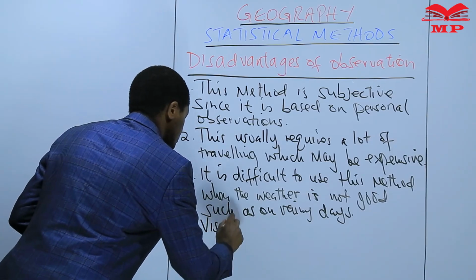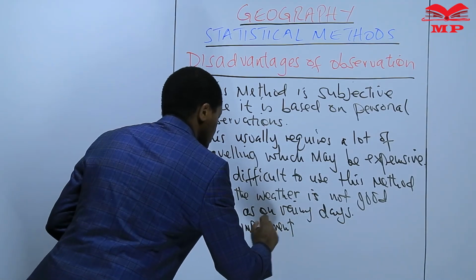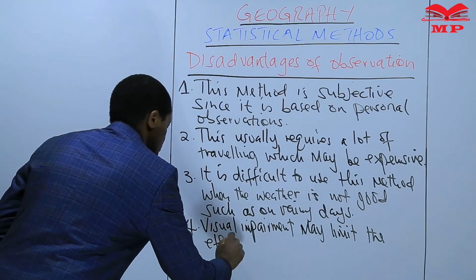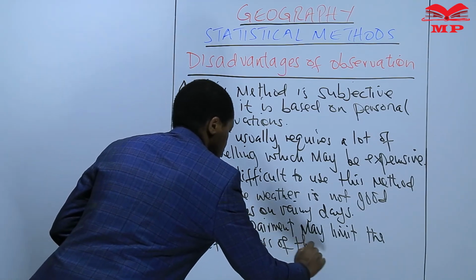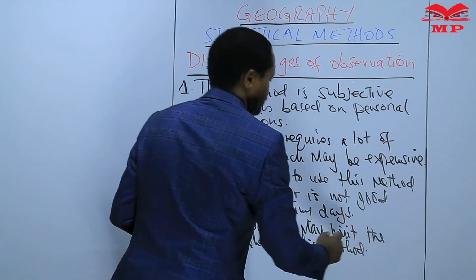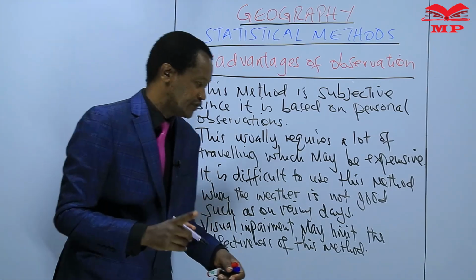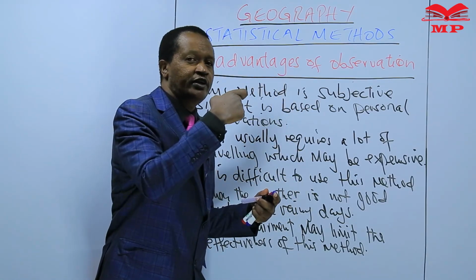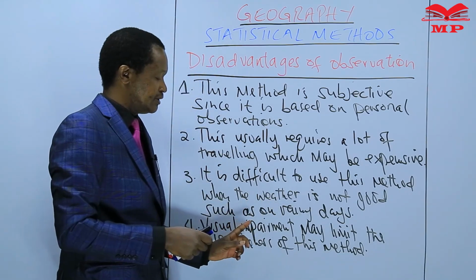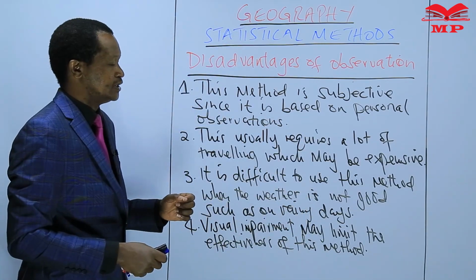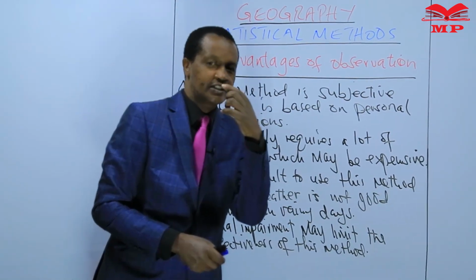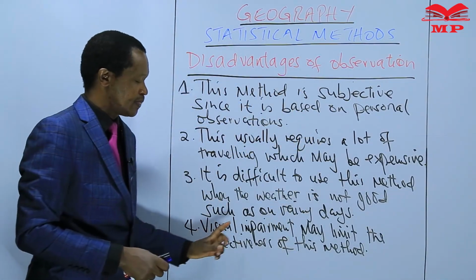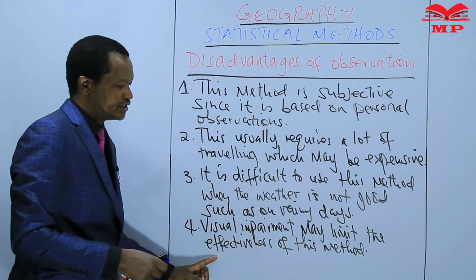Visual impairment may limit the effectiveness of this method. Visual impairment means not being able to see properly, and that may be as a result of failure in the power to see on the part of the researcher. When the researcher's eyes are not in a good condition to observe, that is an example of visual impairment that affects the effectiveness of this method,